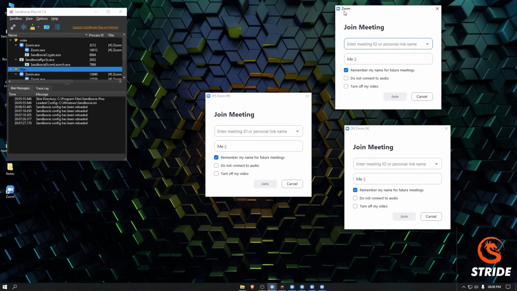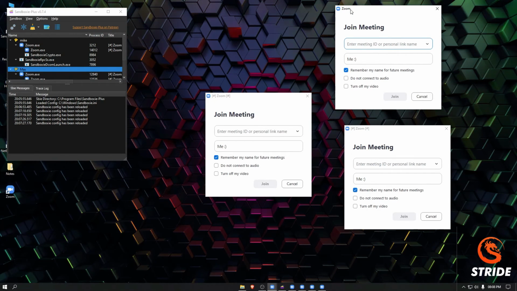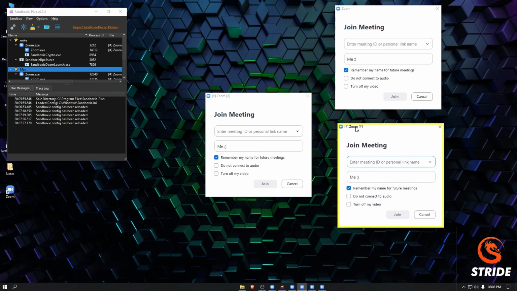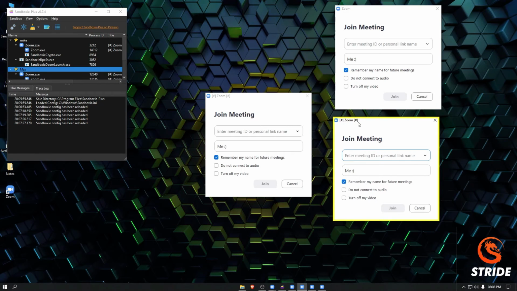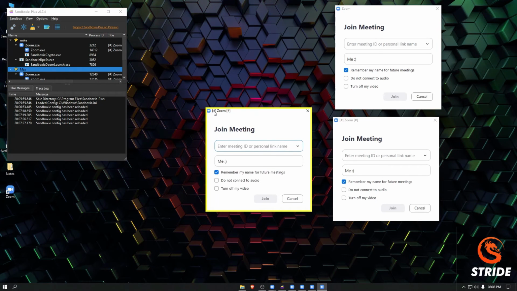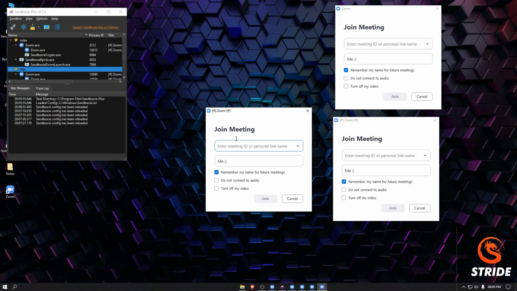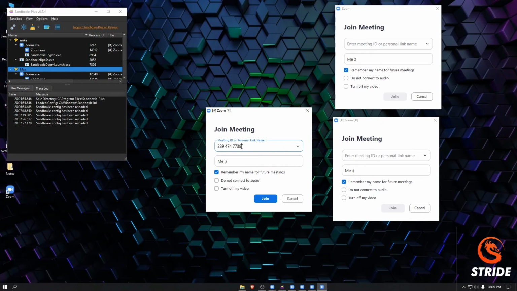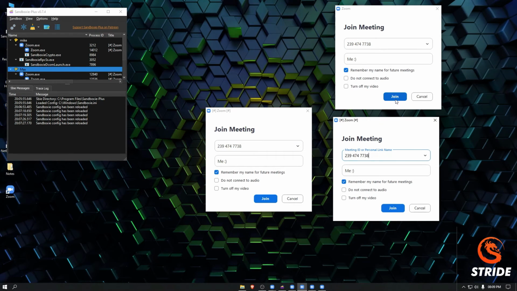In this title you can see that Zoom is the original, or the normal method which you have opened, and this is the virtualized Zoom client. There is a hashtag before and after Zoom. So let me connect to my Zoom meeting.